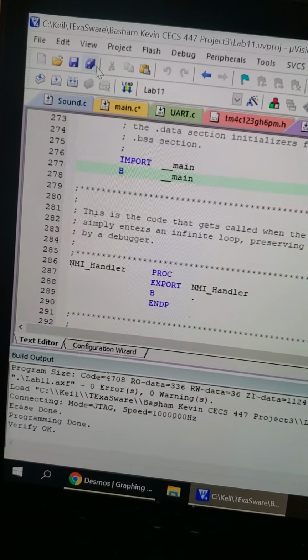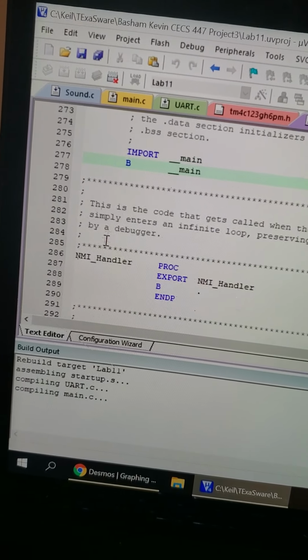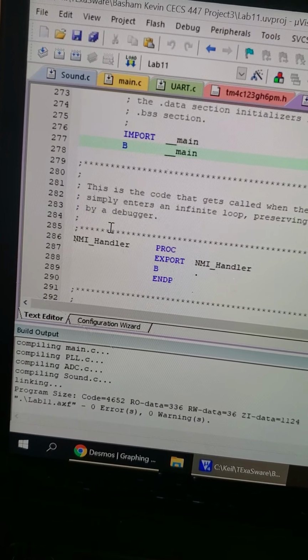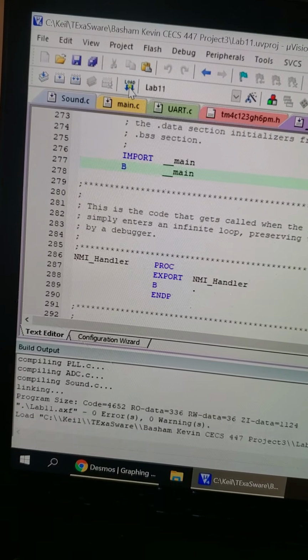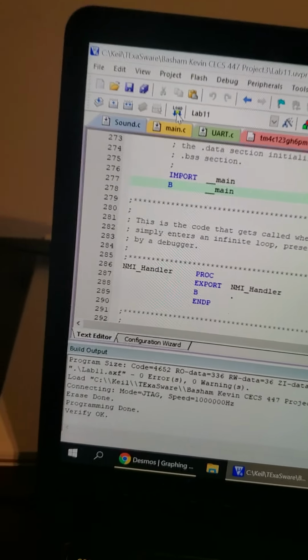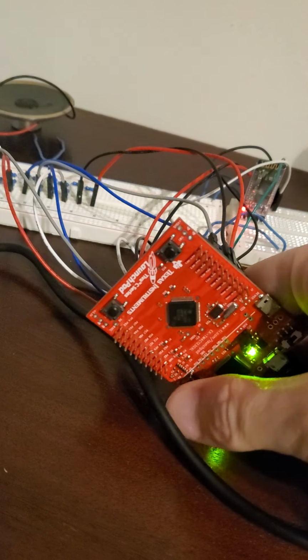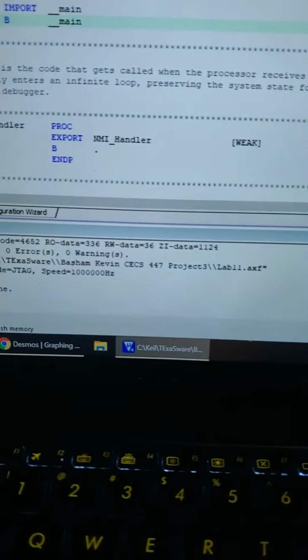All right, so now we're going to compile the code, and we're going to download to the board, and we're going to reset, and then we're going